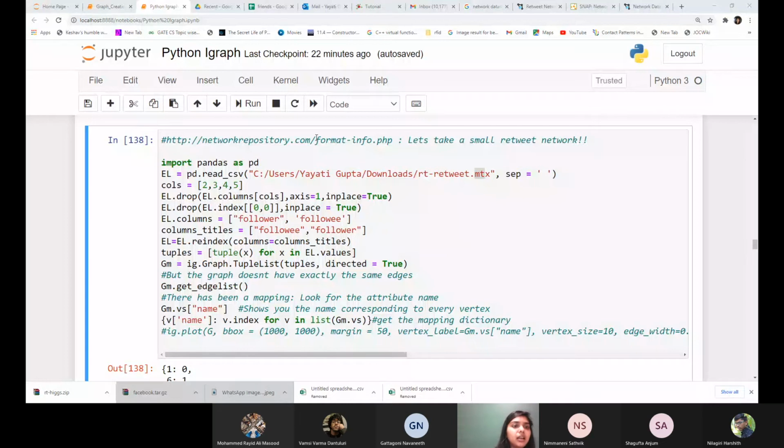After that it provides the row number and column number for each of these entries. Now if I have to extract information from such a data set, I will need to remove these initial two lines and then process it. So in those cases, you might need to write a bit of code there.